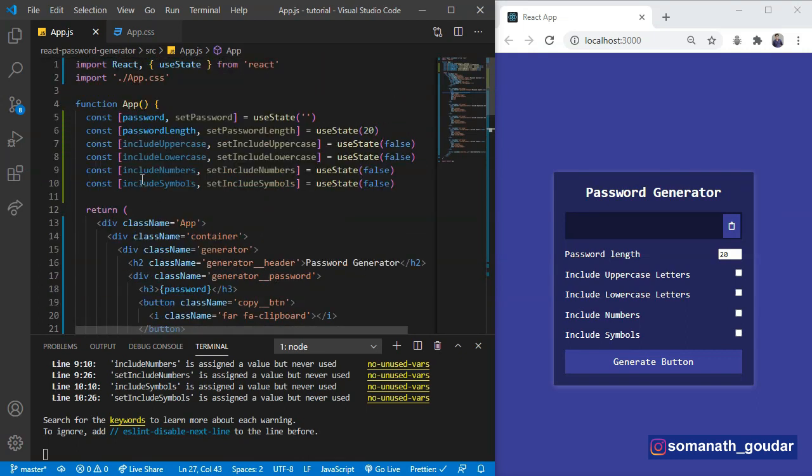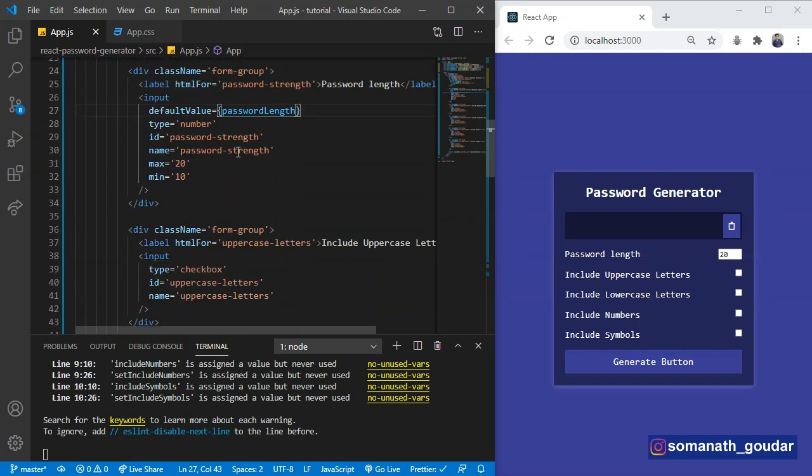Now let's also set an onChange event for this. Suppose if I change this, I need to keep track of these values. So let's set an onChange.